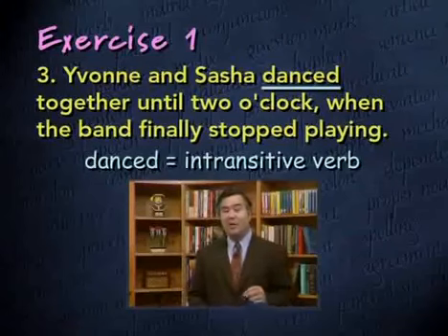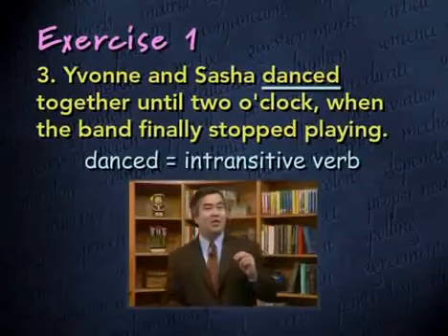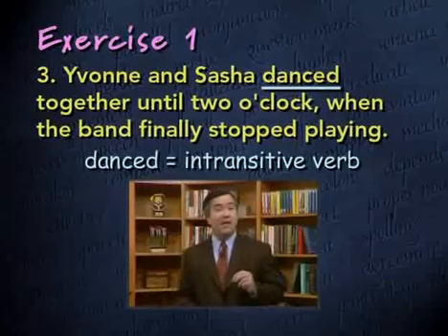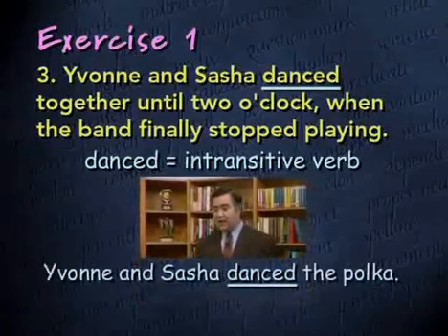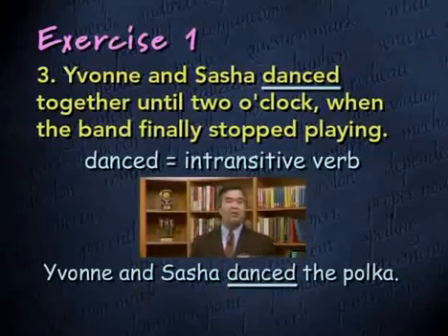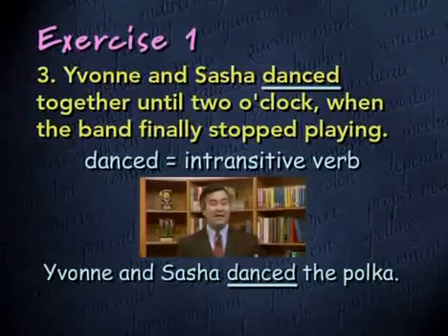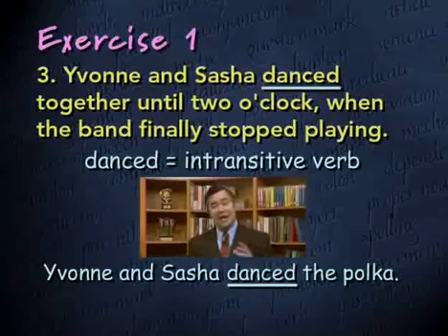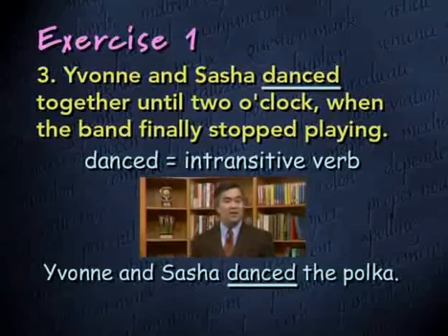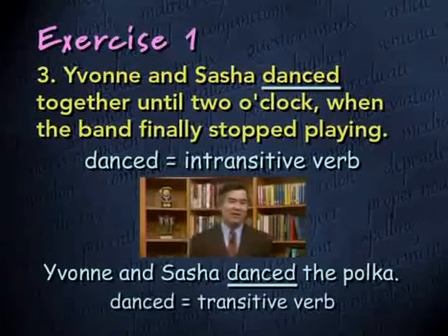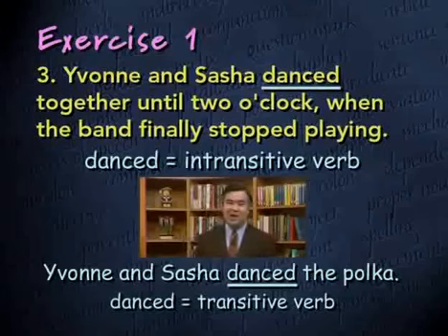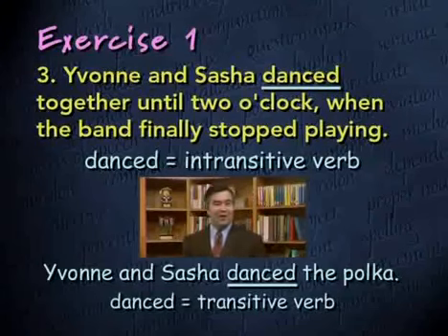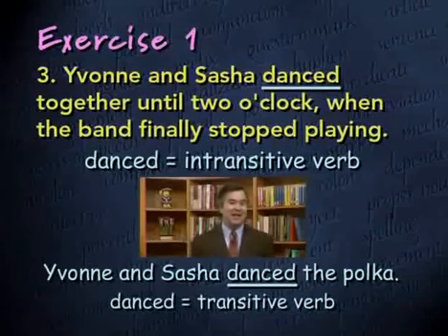Notice, by the way, that the verb danced can be used as a transitive verb. You could imagine a sentence in which there is an object receiving the action of the verb danced. For example, you could say, Ivan and Sasha danced the polka. In that sentence, the word polka would be receiving the action of the verb danced. It would be telling us what they danced. And we would have transformed the verb danced from an intransitive verb to a transitive verb, because there would be an object receiving the action of the verb. There is no such object in this sentence, and therefore the correct answer for this sentence in your exercise is